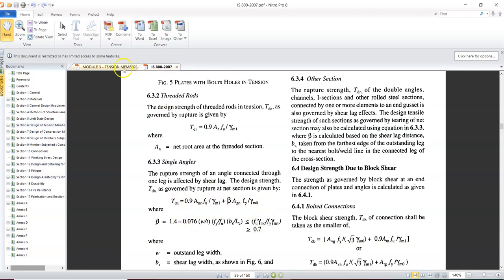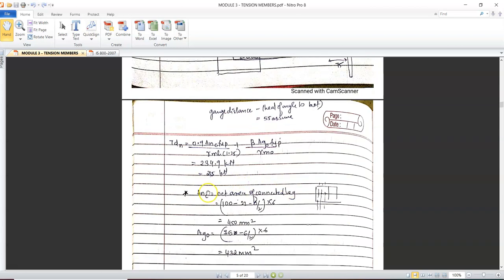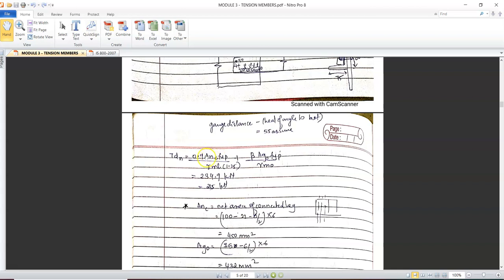Try to understand, the same formula is written here: 0.9 into ANC into Fu divided by gamma M1 plus beta into Ag0 into Fy of angle divided by gamma M0. Now understanding one by one each term here: 0.9 is a constant, Fu is ultimate stress, Fy is yield strength, and gamma M1 and gamma M0 are factors of safety. There are only three new things here: ANC, Ag0, and beta. Now ANC refers to the net area of the connected leg,